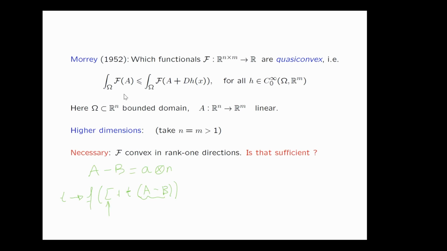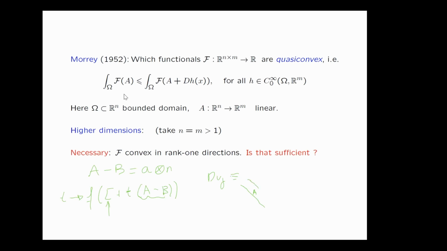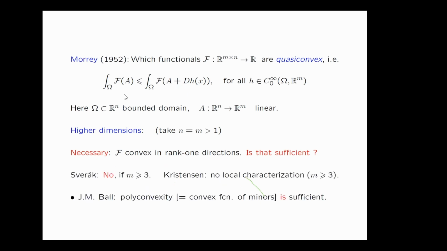And how do you prove this from Morrey's definition? Well, because A minus B differ only in one direction, you can create an explicit sequence so that the gradient takes values essentially A, B, A, B. Then when you put them in the quasi-convexity definition, you get rank 1 convexity. And there are more examples, and the question, what is now called Morrey's conjecture, is whether this is an if and only if condition. So whether quasi-convexity implies rank 1 convexity, but also whether rank 1 convexity implies quasi-convexity. And that would be much better, because